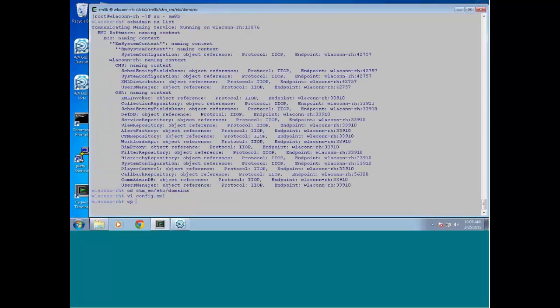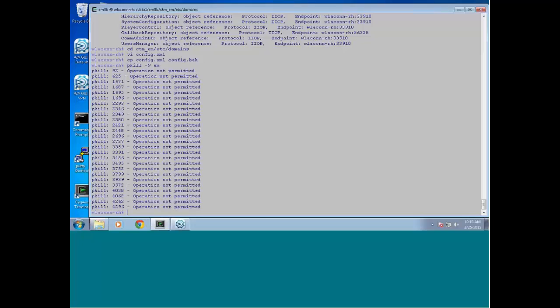Now we're going to be changing this file. Because we're changing this file, I'm going to make a backup of it. Always a good idea to back up a file before you change it, just in case you need to revert back. So once I have done that, I'm going to actually kill my Enterprise Manager components that I have running in the background here to simulate a scenario where these crashed, and we'll be doing this as sort of a troubleshooting exercise here. So I've killed our GUI server and